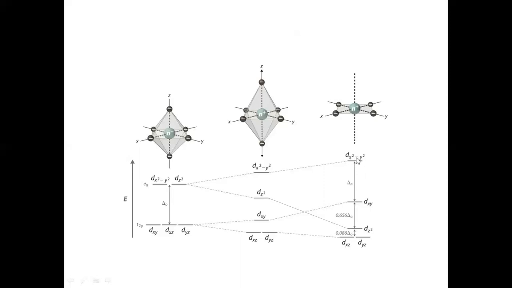Okay, now the difference between dx square minus y square and dxy is nothing but the crystal field splitting of square planar. This is square planar splitting. This is 0.656 of delta octahedral. This is 0.086 of delta octahedral splitting. Okay, so this is an important slide in which we are able to see how octahedral is transitioning